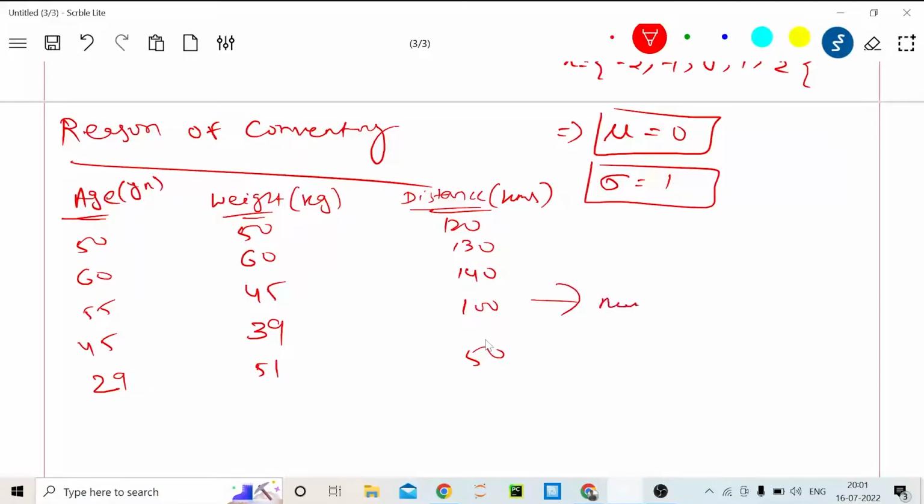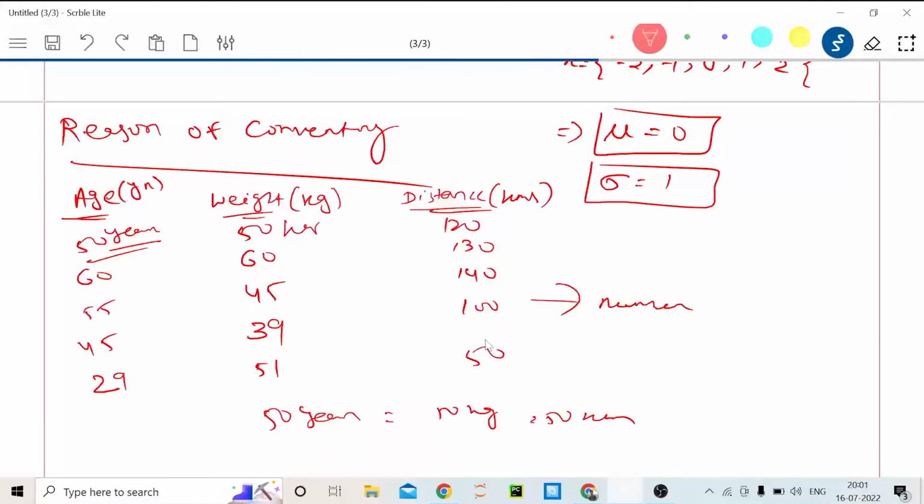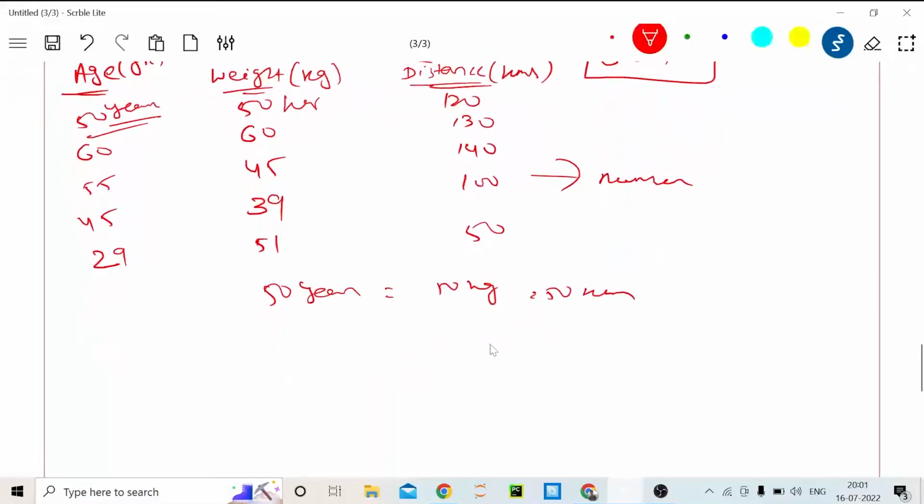You may observe that all are numbers, but 50 in age is fully different from 50 kg. 50 years has other properties, and you cannot say that 50 years is equal to 50 kg or equal to 50 kilometers. All the properties and derived formulas are far different. Although the numbers are the same, we still cannot say that 50 years is equal to 50 kg. That's why we will convert all the scales, all the units towards one unit, and we can do that using